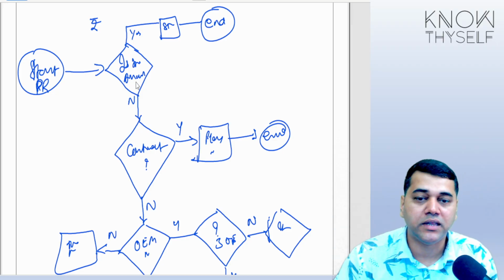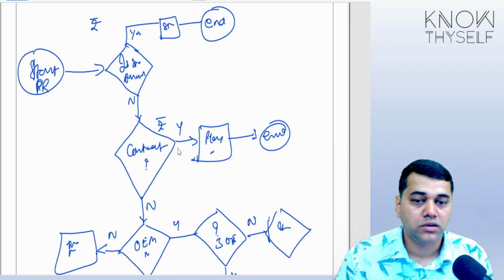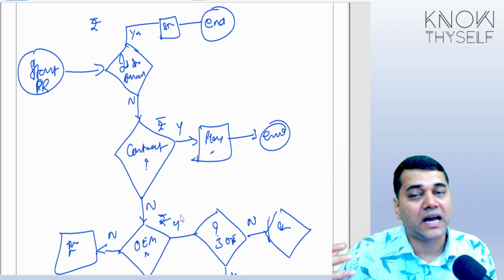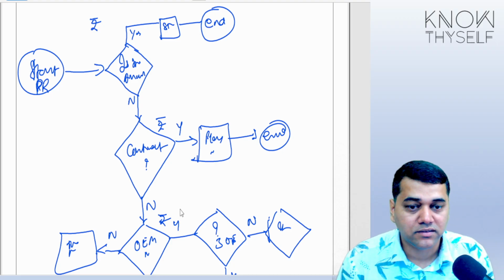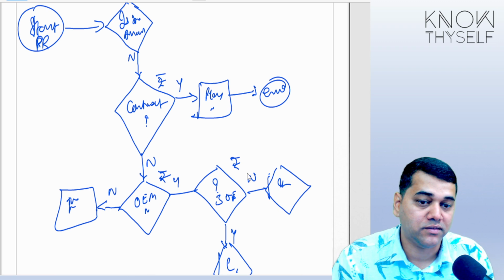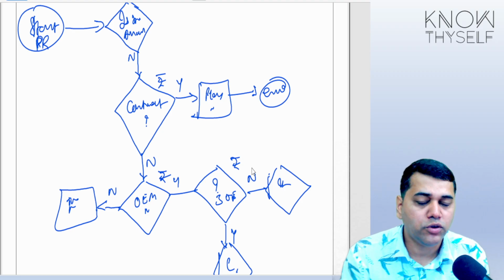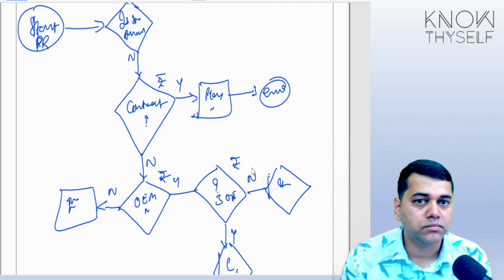Is the stock available there? Do you have a contract? Because I want to earn a discount. Have you taken it from the OEM? Because I want to get a better price. Have you taken it from 3 OEMs? Because we have got transparency. You see, that entire flowchart, you can look at it from the money point of view.